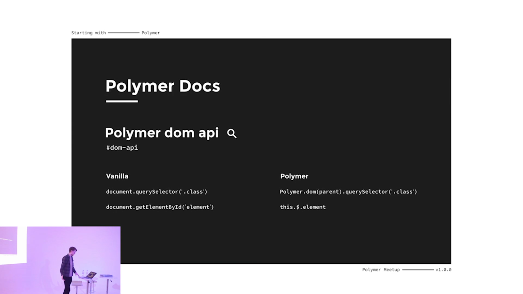So besides the starter kit, the things that I find myself coming back to day-to-day are the Polymer docs. They've got quite good documentation. Some areas are a bit lacking from what they maybe should be, but the docs themselves are fairly good. And the Polymer DOM API is one of the things that I always come back to search for,